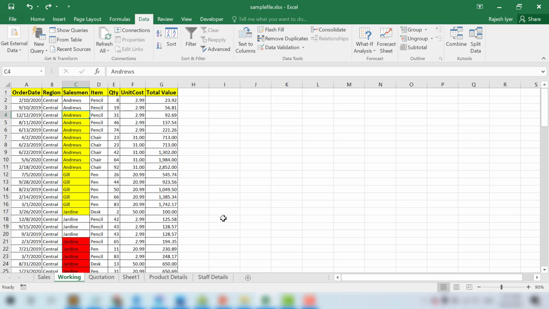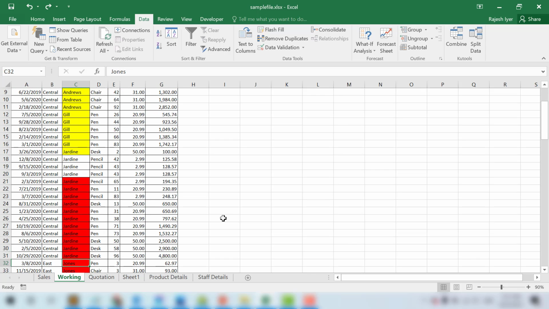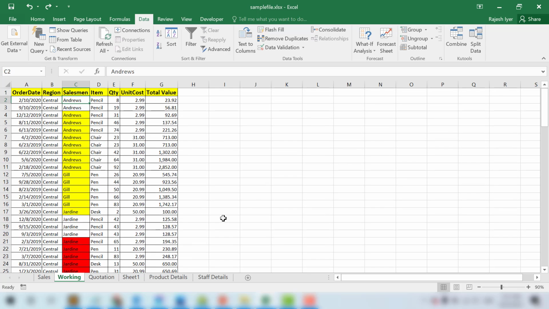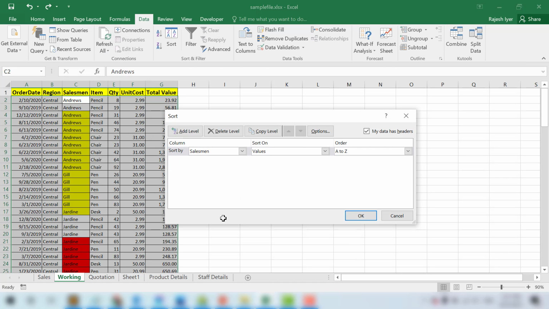Like for example, if I have these cells which are marked in yellow, and some of the cells are marked in red and the rest are left as is. So what we can do is custom sort these, and we can sort based on the colors also. So how do we do it? Alt A S, the shortcut to open the custom sort, and then I click on salesman. It is automatically selected because my selection was there on this C column, the salesman column.